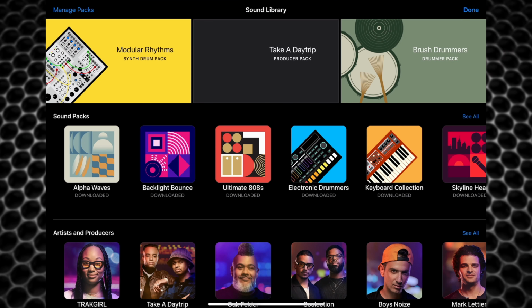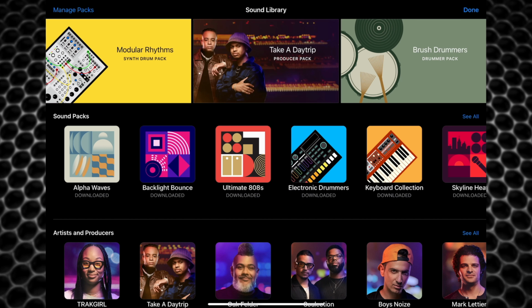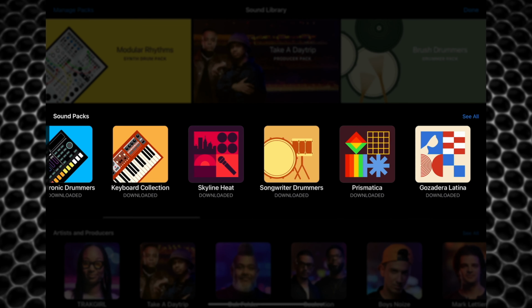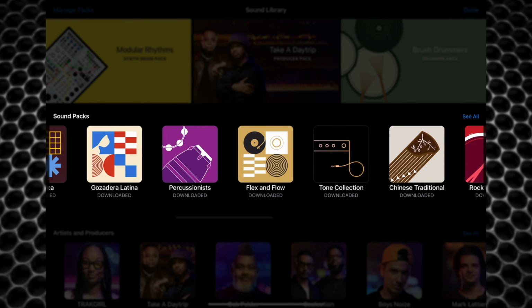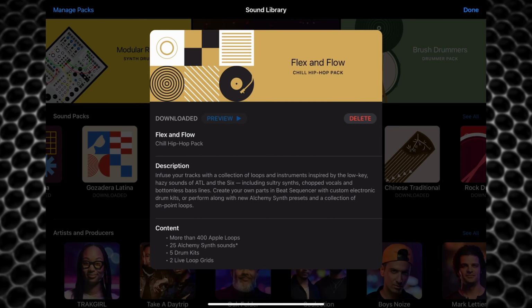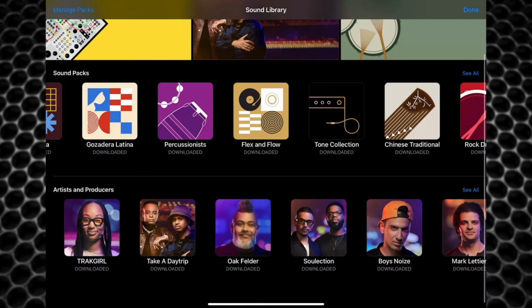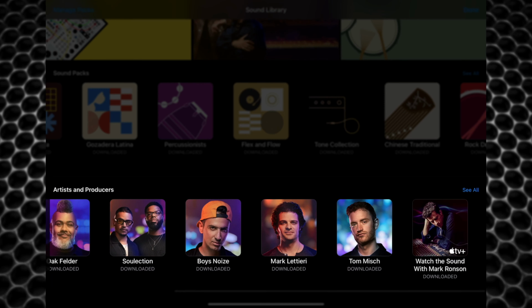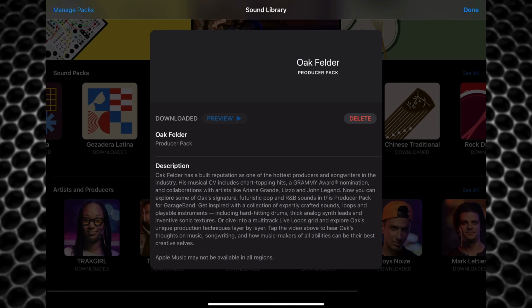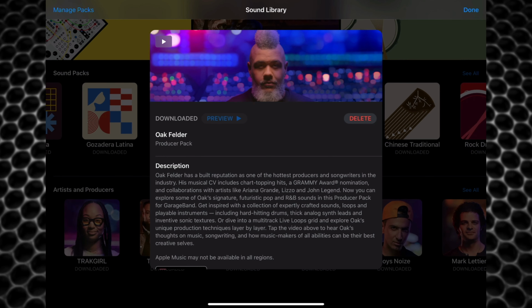When you open the sound library, you'll be greeted with a big selection of different sound packs that you can download. These are split into a couple of different types. Apple-created sound packs with content ranging from additional loops, instrument patches, drummers, drum kits, live loop grids, presets, and more. Producer packs that feature sounds created or collated by a specific artist that also include insights into their creative process